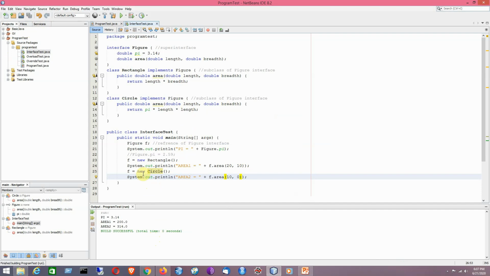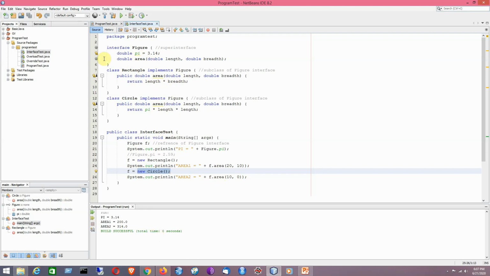So basically the subclass object is now being pointed to by the super interface reference, the reference of the super interface Figure. Since it is pointing to the object of the Circle class, we can access its specific implementation of the method. All these are basically using the concept of method overriding. In that way we can calculate the area. So that is the idea.